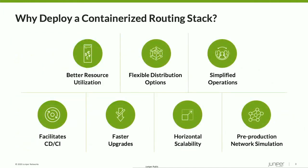Let's drill into it. By virtue of being containerized, the application is lightweight, has a small memory footprint, and offers better resource utilization. There are multiple container runtime options such as Docker, Mesos, etc. Orchestration is simplified, taking advantage of load balancing and auto-scaling from Kubernetes, for example. The application itself is a lot of the time based on microservices architecture and can be upgraded in seconds as